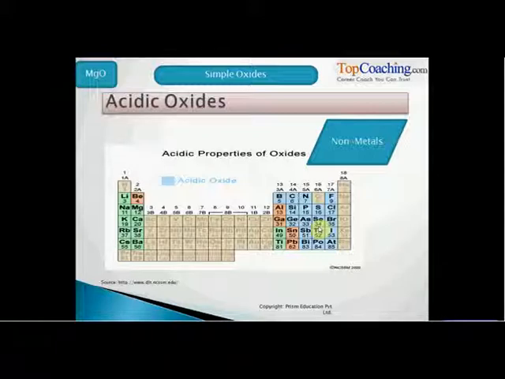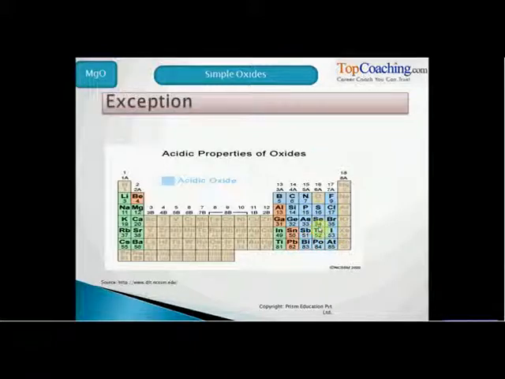Hence we can easily identify whether an oxide is acidic or basic if we know whether that particular element with which the oxide is formed is a metal or a non-metal. So all non-metals form acidic oxides, right? Alright, like all other things we have an exception here also, that is